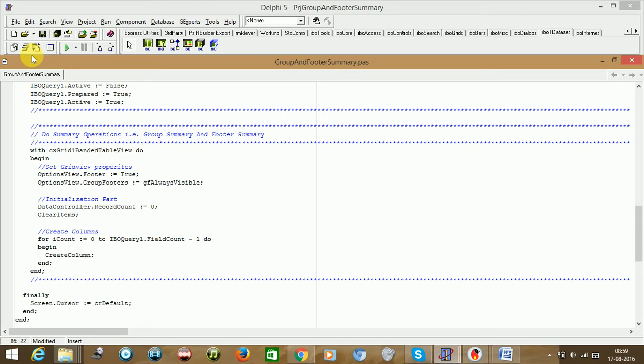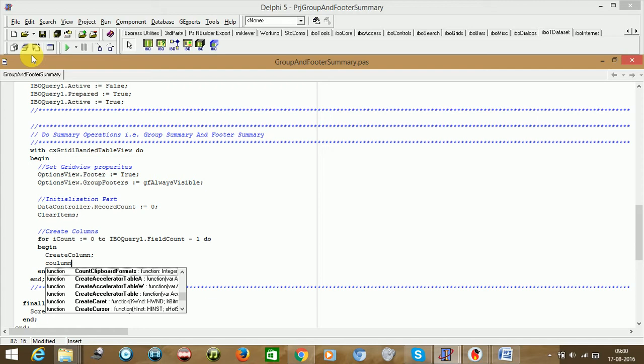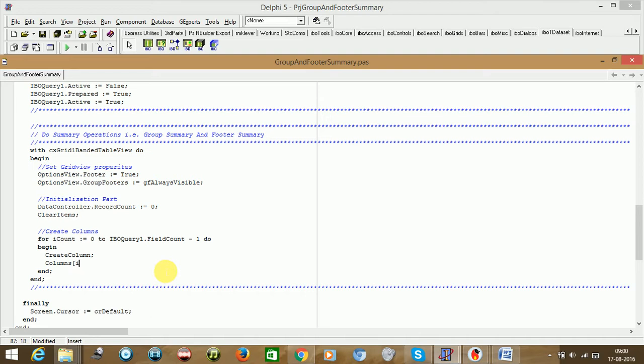When we are creating one column, for the same column we would be giving the caption name. So columns, as you could see here, it requires an index, so we will be giving I count dot caption.